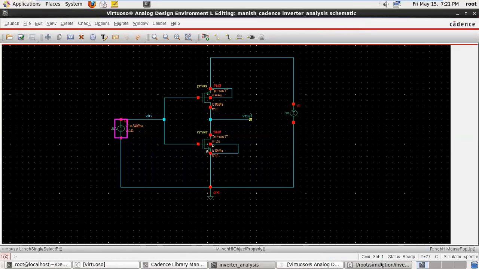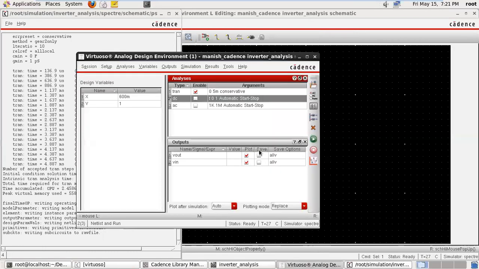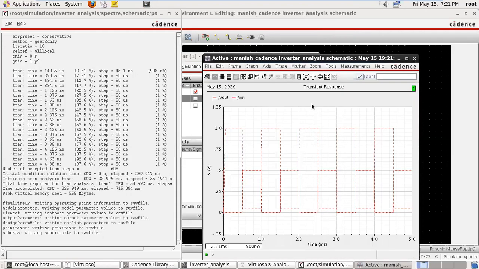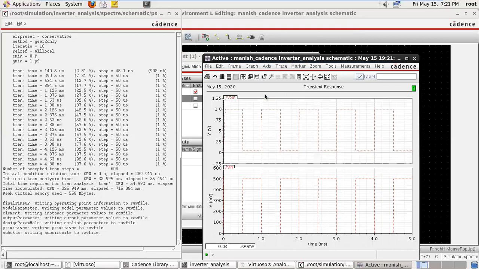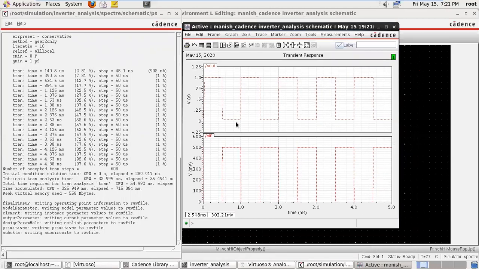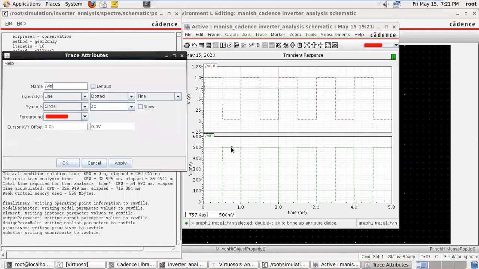Okay, now simulate the result again. So now see what happened. Just access the strip. Okay, so now you can see the input voltage. If you want to change the color, just double click on the waveform.